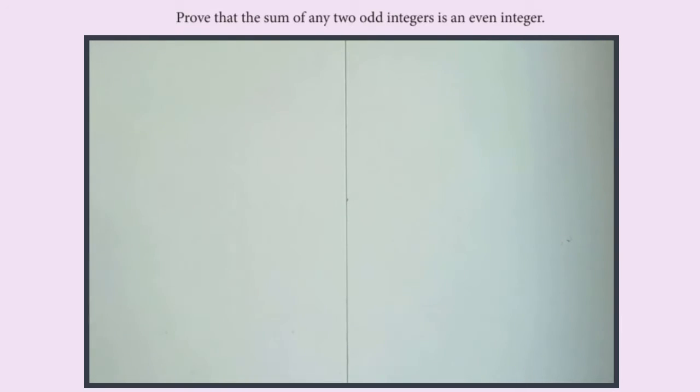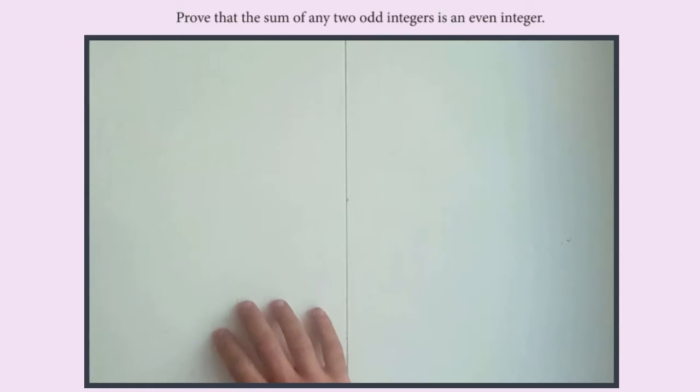Prove that the sum of any two odd integers is an even integer. Now, if you ever ask, we don't have this in the IGCSE, it's in the GCSE. If you ever asked about any odd number, any even number, you can define those in a certain